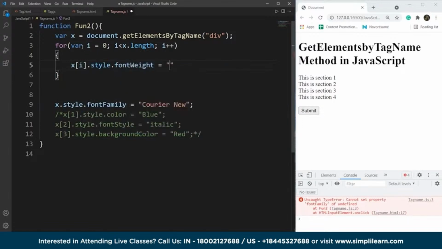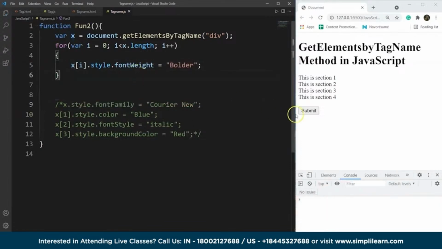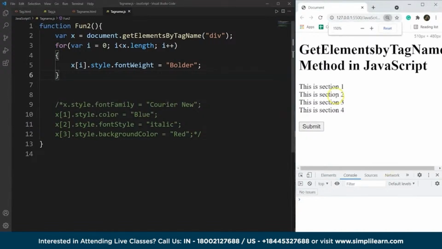And what we want to do is make our font bolder. Fine, so comment this line as well. Save it now, and you can see over here everything is clean. Now what will happen is on pressing the submit button, the font will change. The font weight will change basically. So let me zoom this, and if we click on this submit button, you can see the font is more